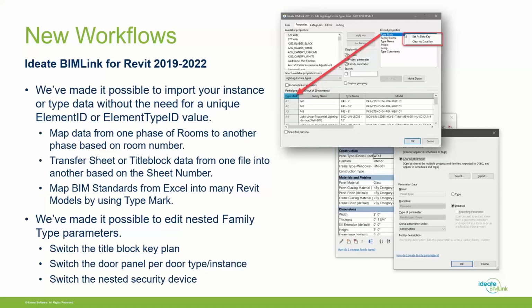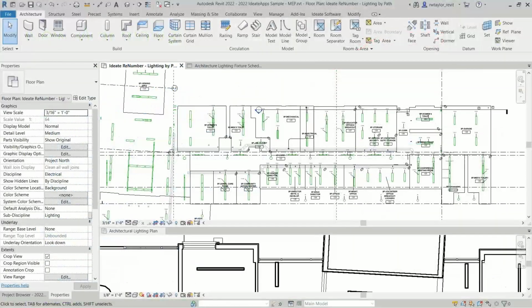In addition, I'm also going to show that we have updated some of the manipulations that you can do with Ideate BIM Link. We've always been able to review the nested family parameters, but now we're able to edit those and make changes as well. So what I'm going to do here is just show you a little bit about this new alternate key data